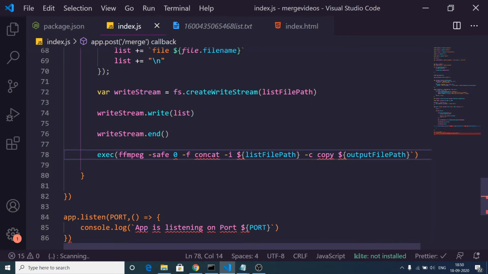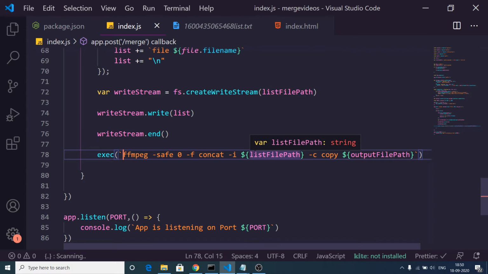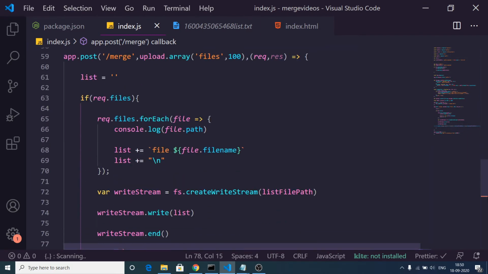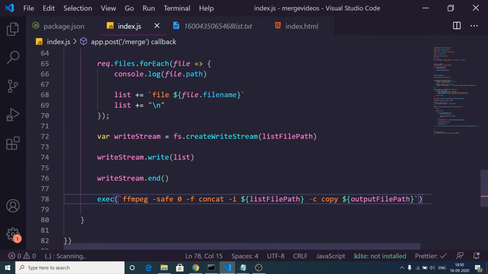You simply need to use the backtick symbol. So you will see ffmpeg -safe 0 -f concat -i, and here we are providing our list file path. So the txt file path link here, we are providing the path of this file. This is the input, -c copy, and this is the output file path.